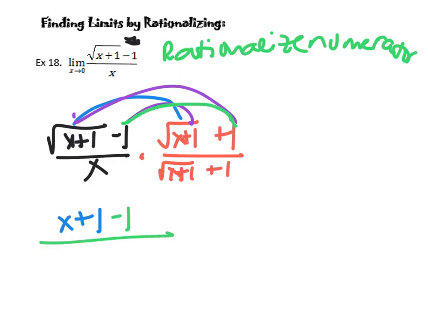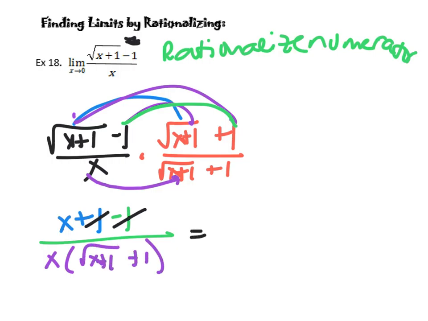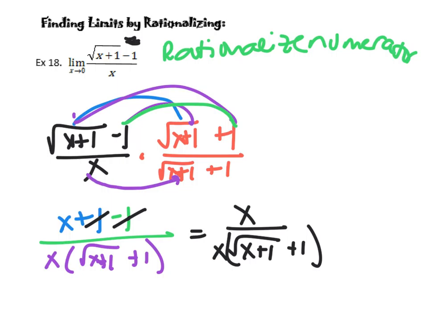However, when I multiply the bottom, I'm not going to distribute. I'm just going to leave it as x times square root of x plus 1 plus 1. And I'll tell you why in a second. So these cancel, and I'm left with x over x times square root of x plus 1 plus 1. And if you do it neatly, this is what should happen: these will cancel. If I FOILed it back here and left it x times square root of x plus 1, x times x plus 1, or x times 1, you wouldn't have seen that these cancel. So I'm left with 1 over square root of x plus 1 plus 1,